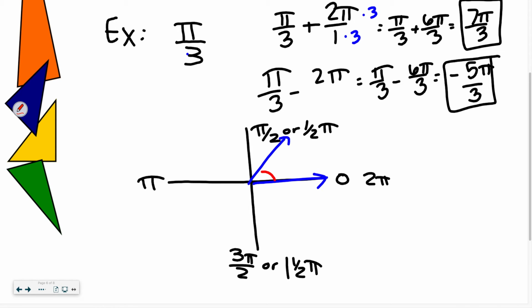And for pi thirds, I'm just going like that. This one is pi over 3. If I were trying to graph its coterminal, I'm going to squeeze that one right here. If I was trying to graph 7 pi over 3, think about the fraction 7/3. If you divide 7 by 3, think about it as a mixed number. That's 2 and